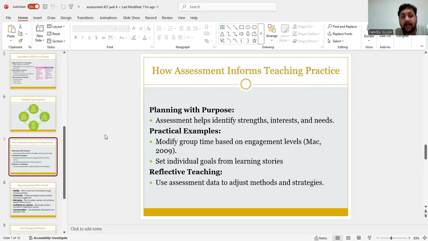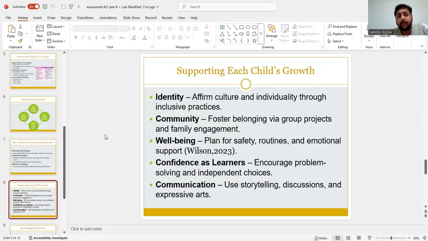We need to follow that. In this way, assessment becomes a circle of continuous improvement. We need to improve our point of learning and how we are getting the results, so we support each child's growth. There are five major points we need to discuss that help support each child's growth.